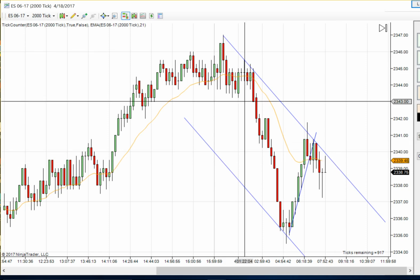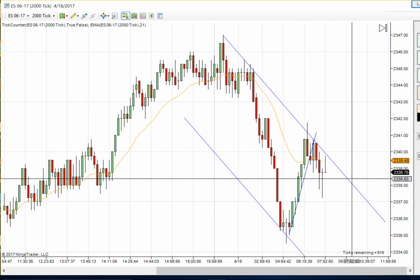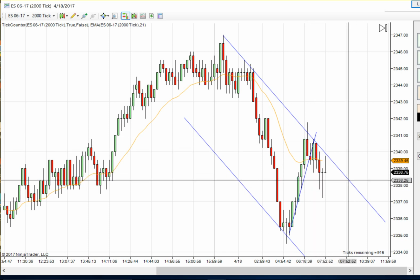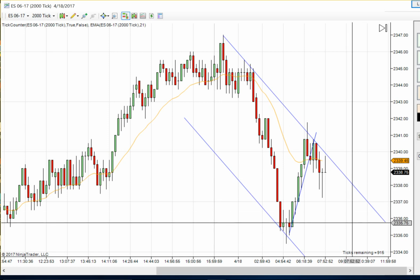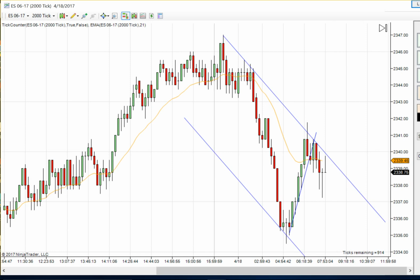But I'm expecting this trend to continue, so I'm expecting this to be a failed and then a failed, and if that fails, then I'm going to go short. Just squeak out one little point, even though my target would normally be about here, at least. And with the other side of this trend,